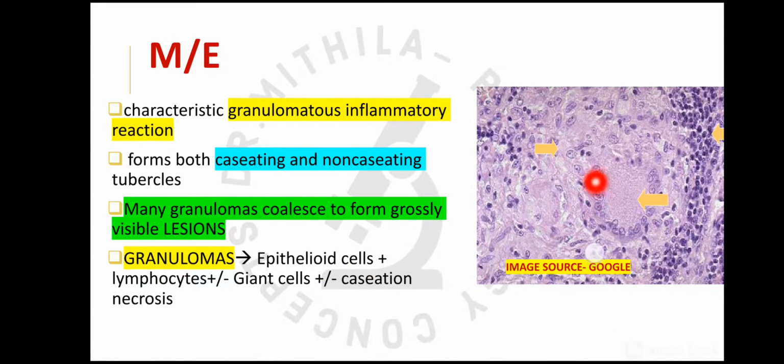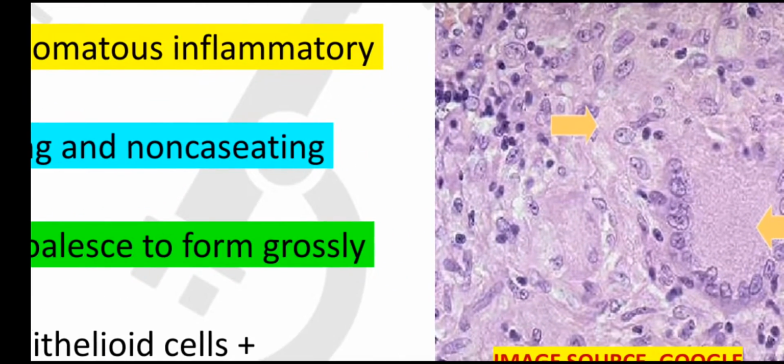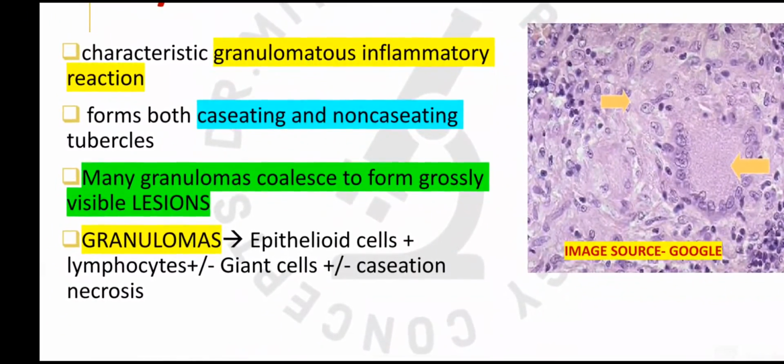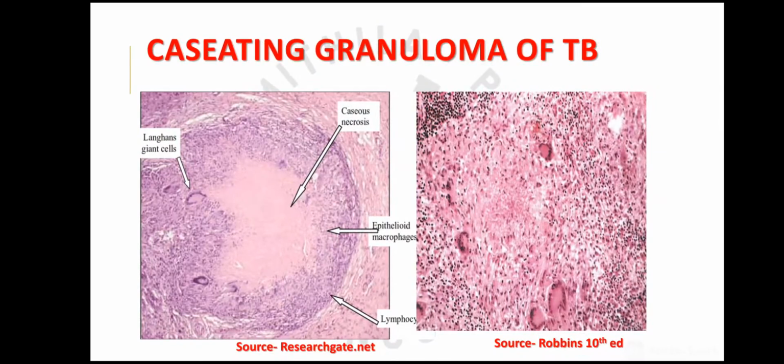See in this image, this is a giant cell which is formed by the fusion of the epithelioid cells. In this, the nuclei are arranged in a horseshoe shaped pattern, and these are the epithelioid cells which are elongated. See, these are epithelioid cells, and they have a vesicular chromatin, and these epithelioid cells, along with T lymphocytes, form these granulomas. And if the granuloma is of a long duration, then sometimes fibrosis develops at the periphery of the granuloma.